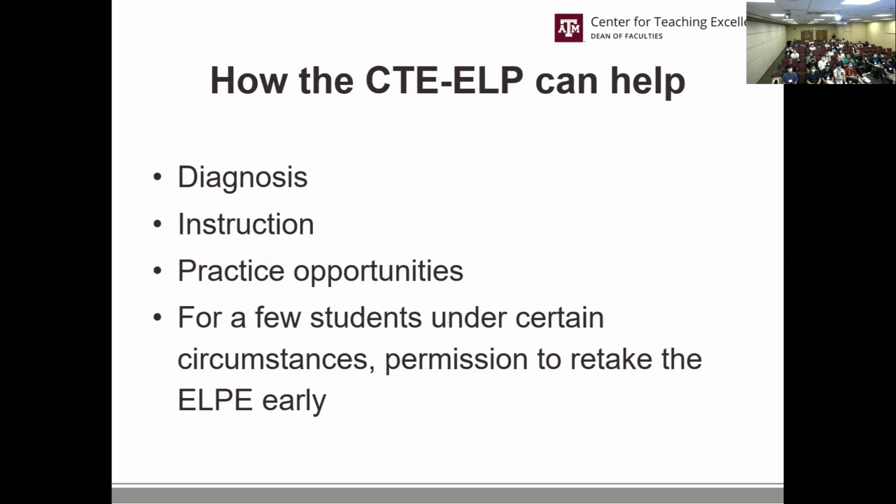We also provide instruction one-on-one, instruction in groups, instruction via software. We provide practice opportunities. We set you up to practice more. So we match you with volunteers who are English dominant, such as American or Texan undergrads, to have extended conversations across a semester.